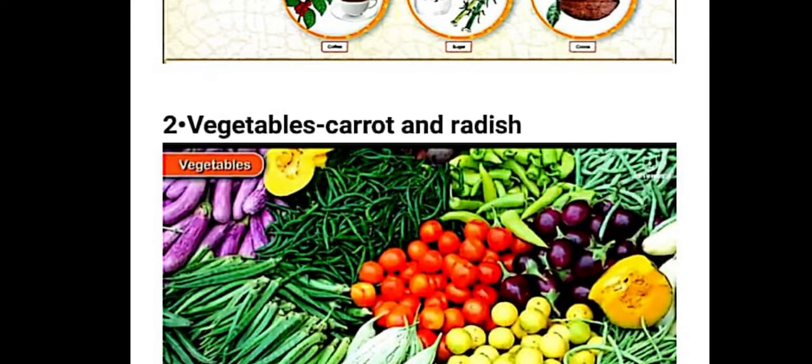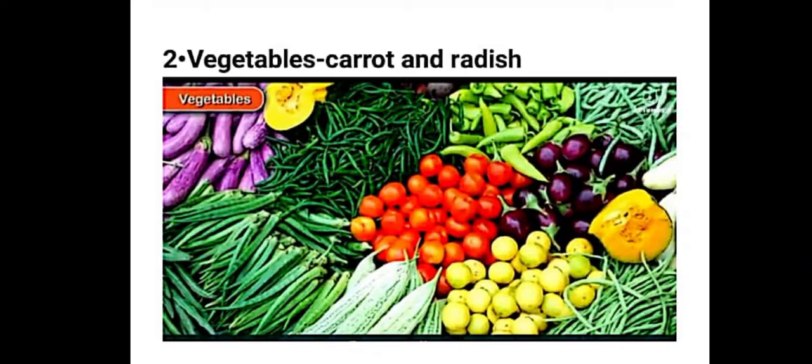We are getting vegetables also from the plants. This picture is given here. Some plants give us vegetables. Such vegetables come in different colors. They also differ in taste. Some of the common vegetables are